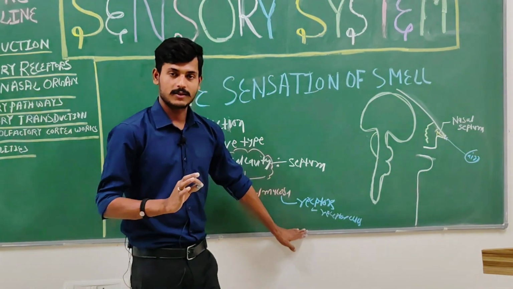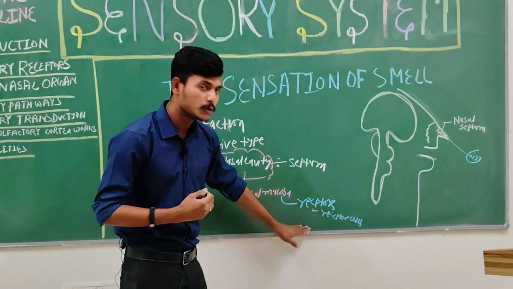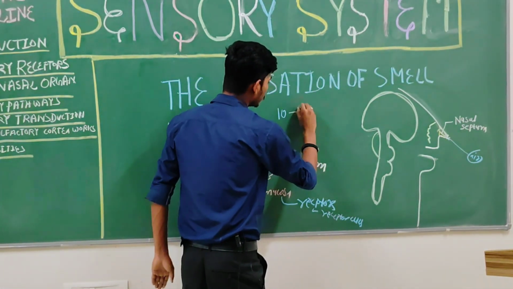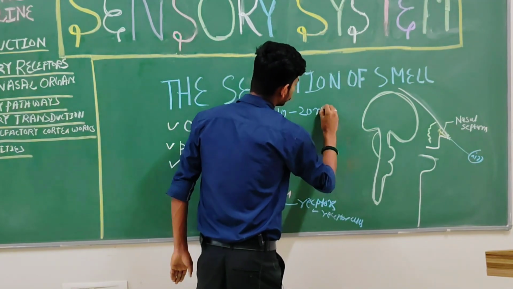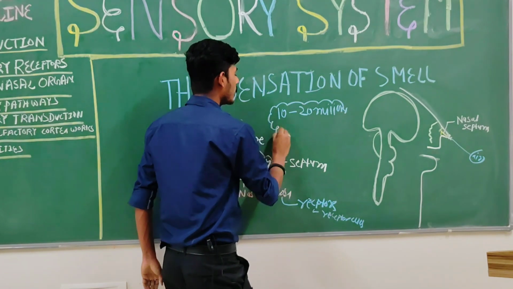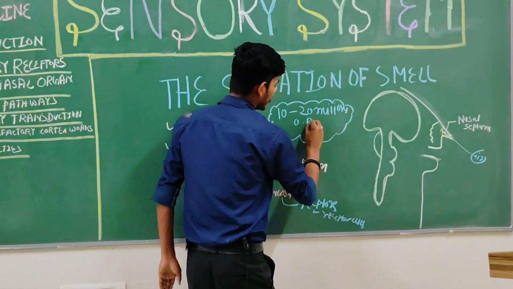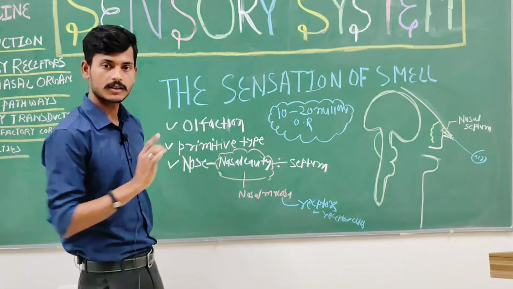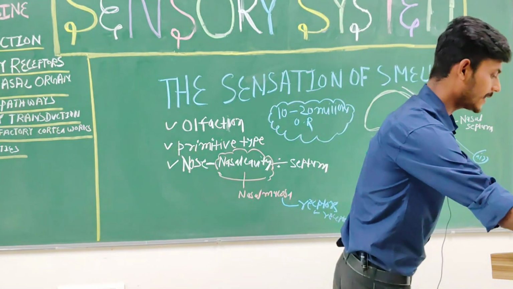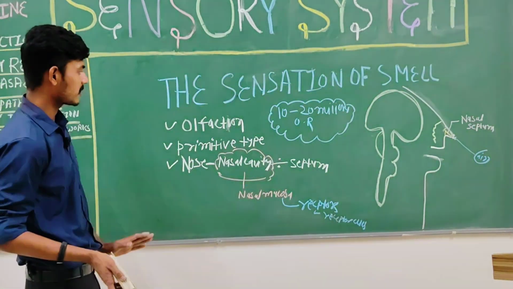The olfactory receptors present in humans are estimated at 10 to 20 million. You have the olfactory receptors. Write down. Understood? Once you understood the basic idea, the introductory part of the sensation of smell, also called